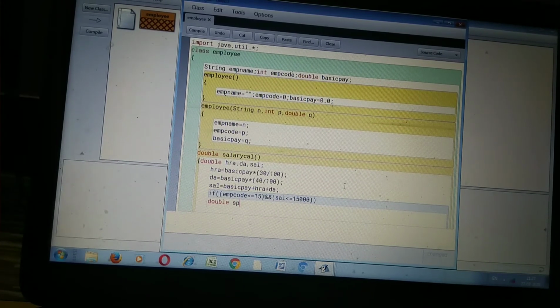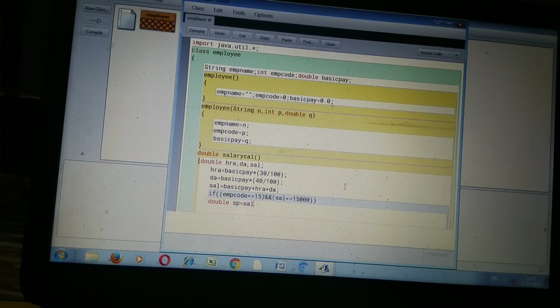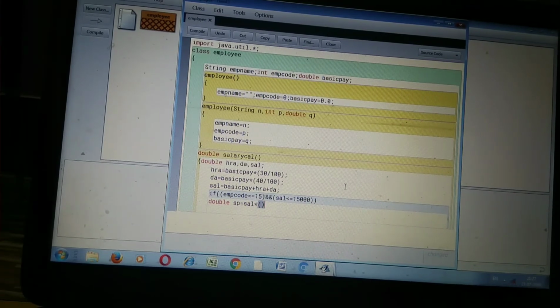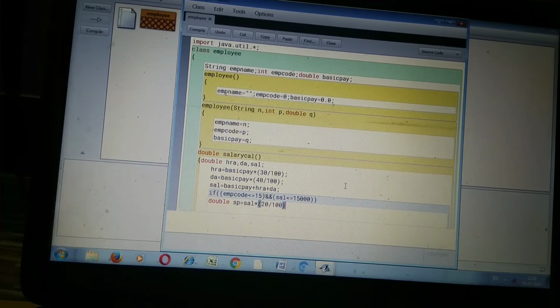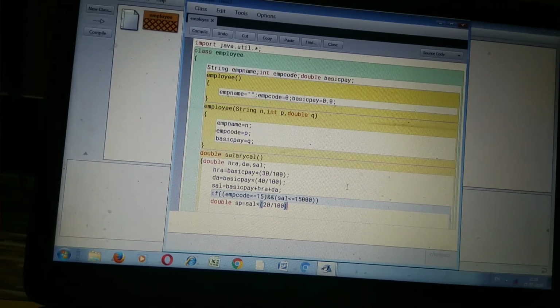The special allowance will be 20% of salary: sal into 20 divided by 100. That is 20% of salary.